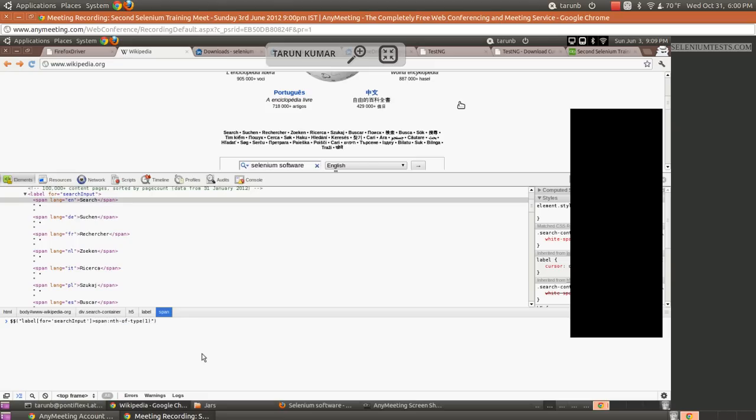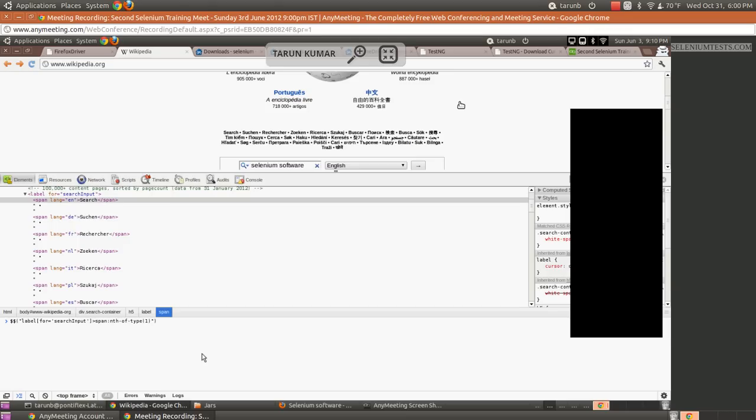But if I use nth of type, it means that my constraint is a little less here. I mean to say that I want the span child, but the span child could be anywhere within the label element, so it doesn't have to be in the first location itself. So there is less restriction here. If you cannot understand this at this point, then I will ask you to remember to use nth of type more often than nth child.